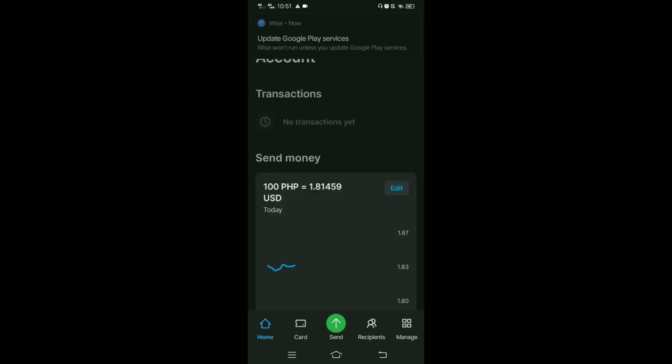Hi guys, in this video you're gonna learn how to get a virtual credit card on the Wise app. So first you need to tap the Wise app, then tap the card at the lower left corner,